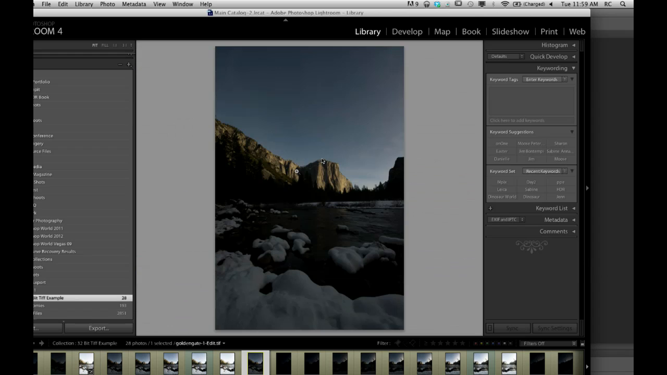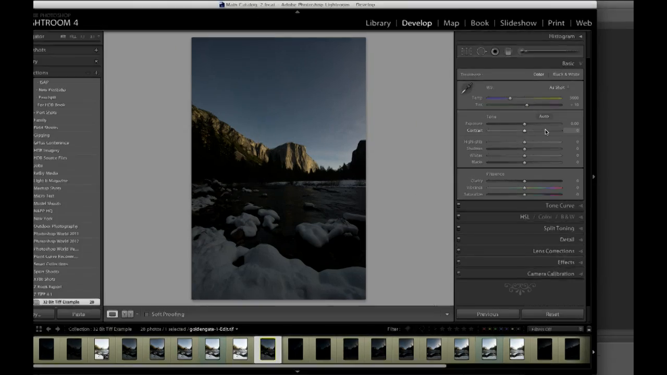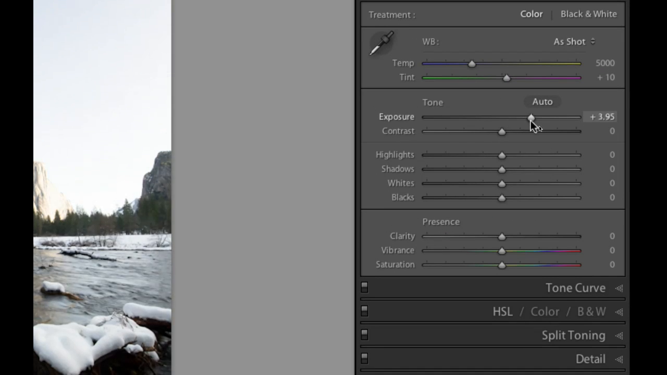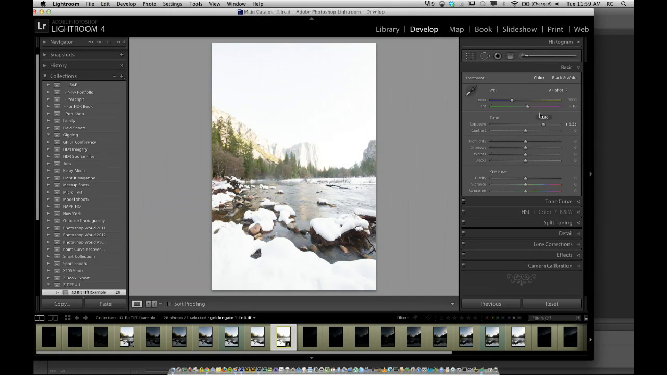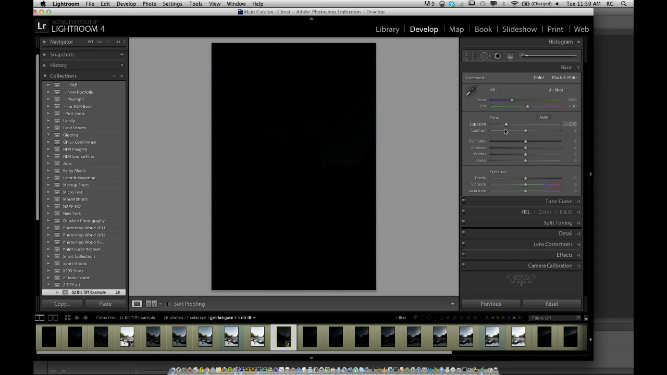The fact that you can read it is great, but what's even better is if you go to the develop module, you go over here to this exposure, you get to 5, and you haven't even gotten halfway. So now you can really pull out any information that you want. Take a look. I can go up to 10 stops. Now, obviously, that's a little bit excessive, but the fact that you can move all of this information,